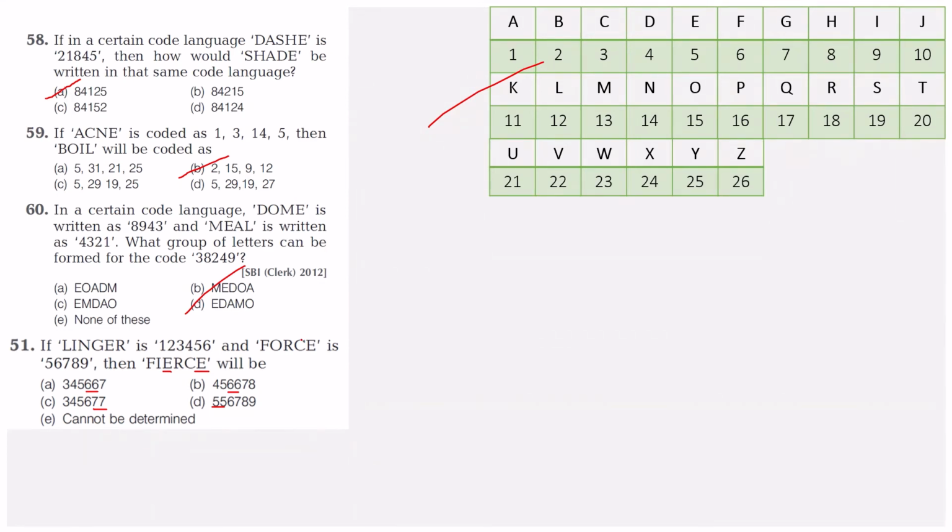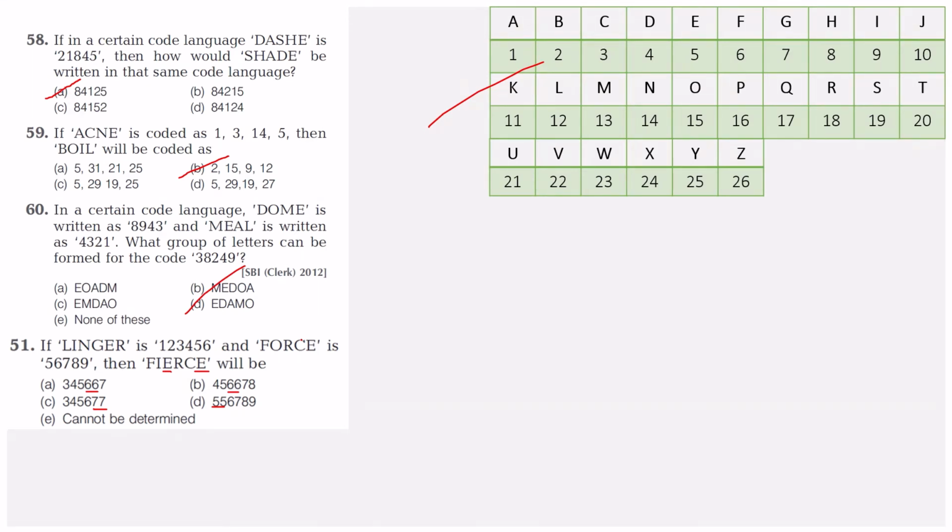Now leaving that, we've solved the two types in coding and decoding, number coding and letter coding. Letter, number to number, number to word, number to letter. So many types are covered. So going on to the next type, that is the random coding and decoding type. Even the symbol type is there, but the symbol type will be included in that.